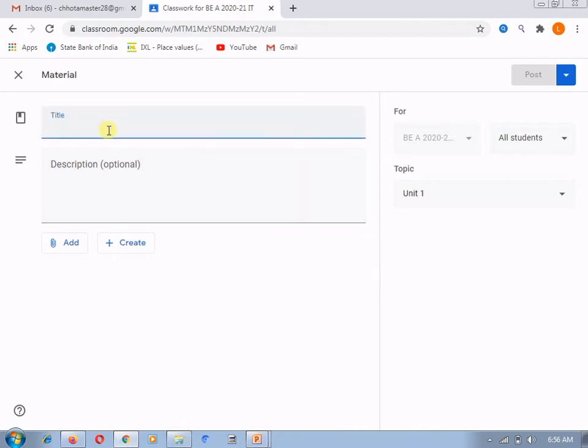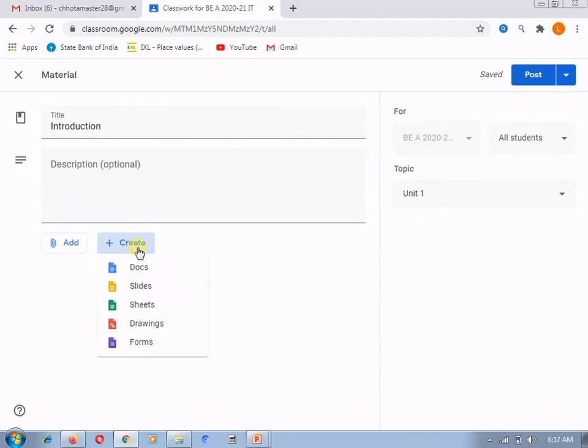So now for unit 1, suppose the topic is introduction. If I want to post a PPT or a PDF or a Word document or different video sessions, you can do all that with the help of all these options. Or if you want to create your own document, that also you can create with this create tab, under document.